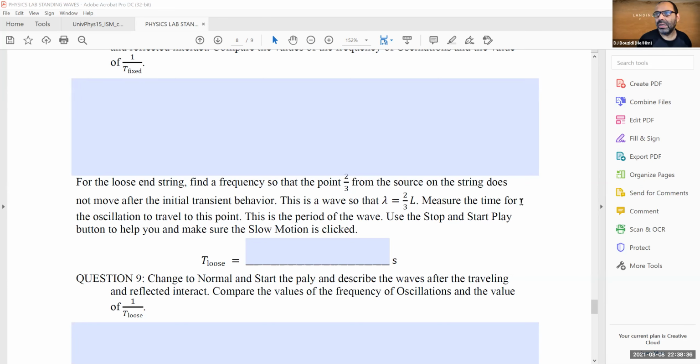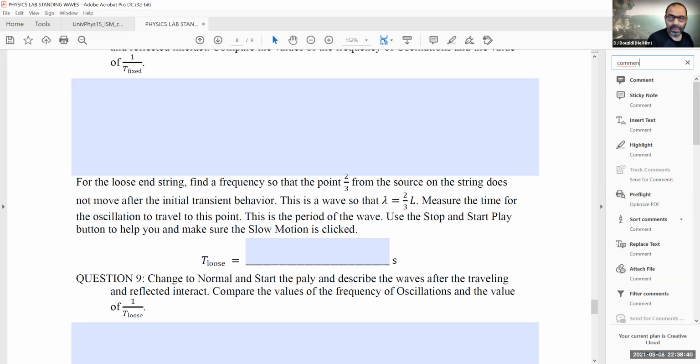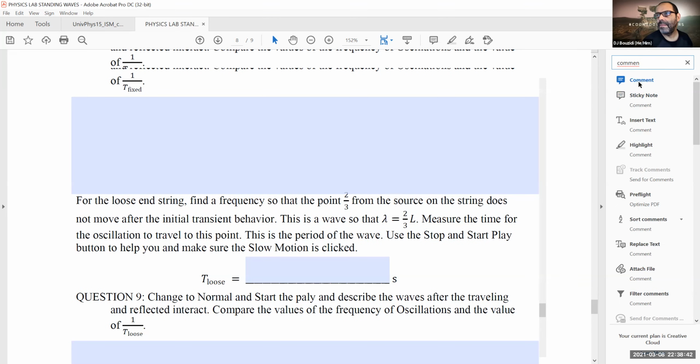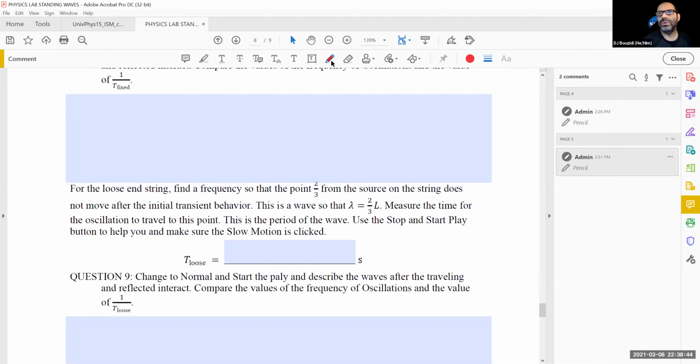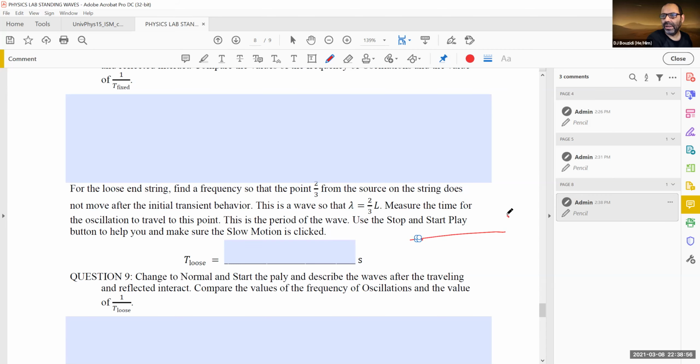So if I want to draw it, let me go back to that commenting tool again. And let me choose a pen and actually use this pen for it. So this is how the string would look like. So in here it's free. So it's going to be an open end. And here it's going to be